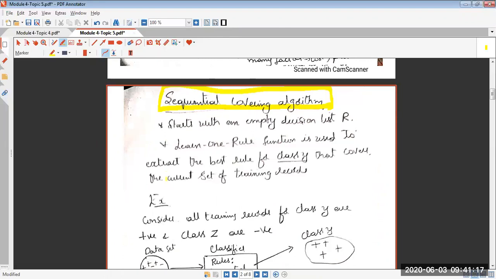Now, what will this algorithm do, what is its basic objective? This algorithm should construct rules directly from the database, and these rules should help us classify a record among different classes. This is the basic thing, and it's common to all algorithms.